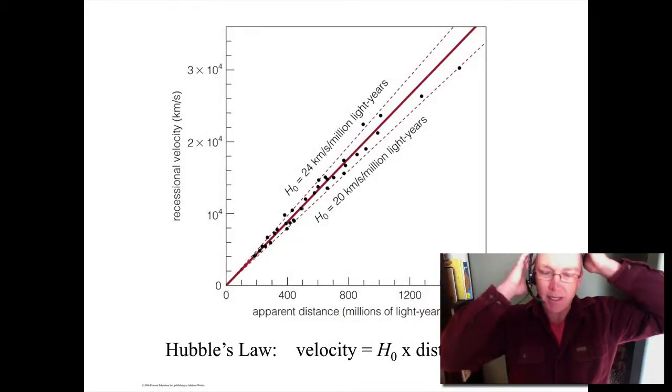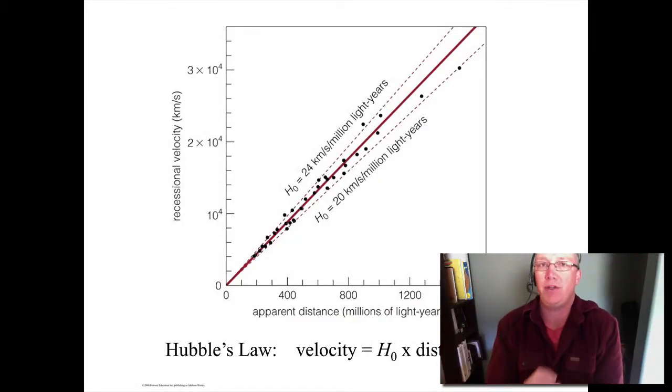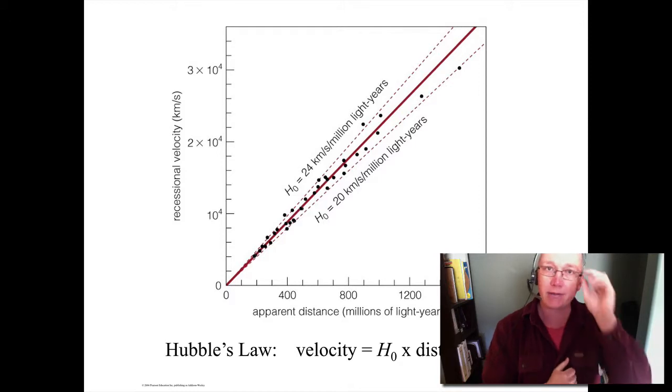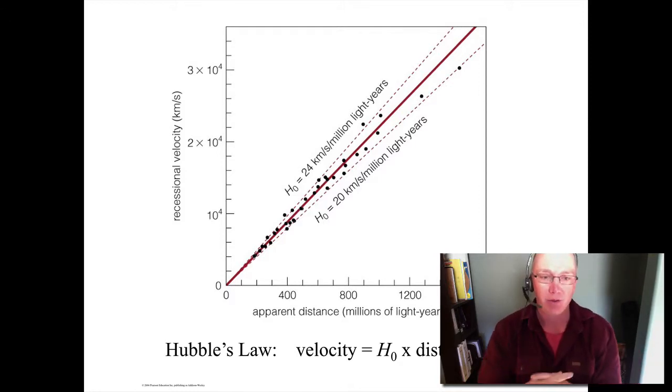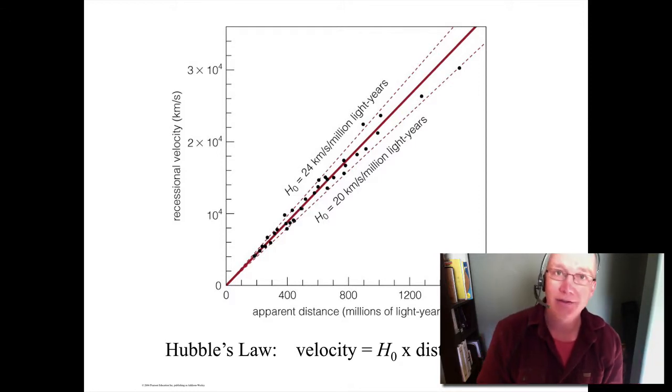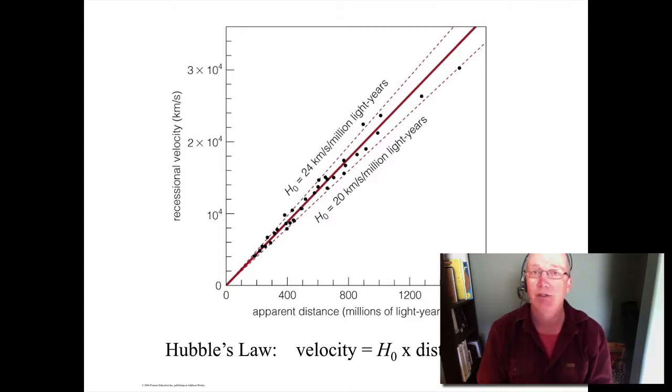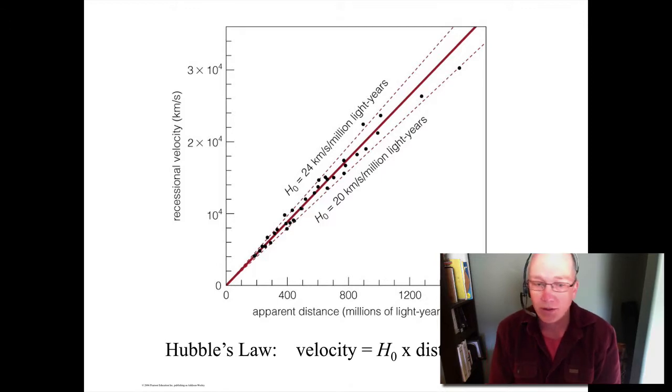So we've been talking a lot about the origin of the universe, and we got a chance to watch a video last time about the nature and origin of the universe. What I'd like to talk about today is the structure and the fate of the universe and how we determine the bulk properties of the universe. The first place I want to start is with Hubble's law.